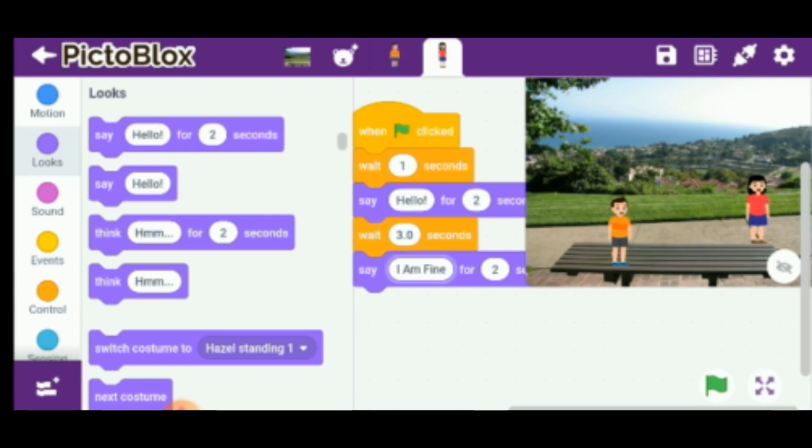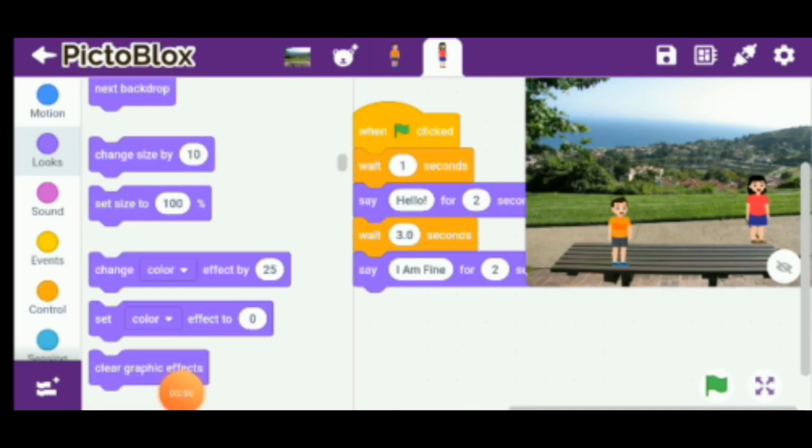Let's click on the green flag and we will check. Right. John is asking, hey, how are you? That girl is speaking, I'm fine. So in this way we can add many more things in our program. Let's see. Here we can add many more things. We can make our program